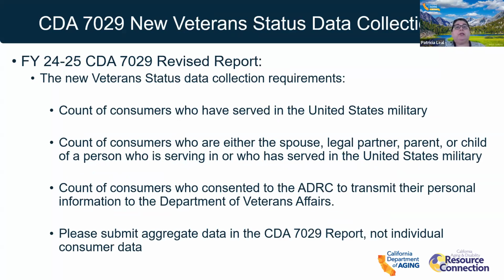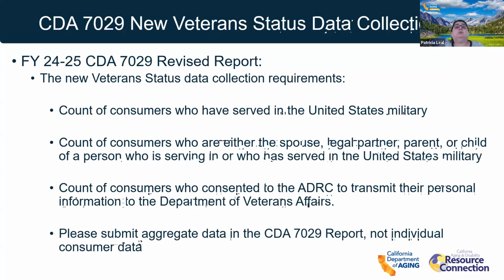So this is referring to the veterans status data collection. The approved bill AB 305 requires that the California Department of Aging, the Department of Rehabilitation, and other specified state agencies include additional questions on intake forms to determine whether a person is affiliated with the Armed Forces of the United States, and to request permission to securely share their contact information with the Department of Veteran Affairs. This is so that they may be notified of any potential veteran benefits that they may qualify for.